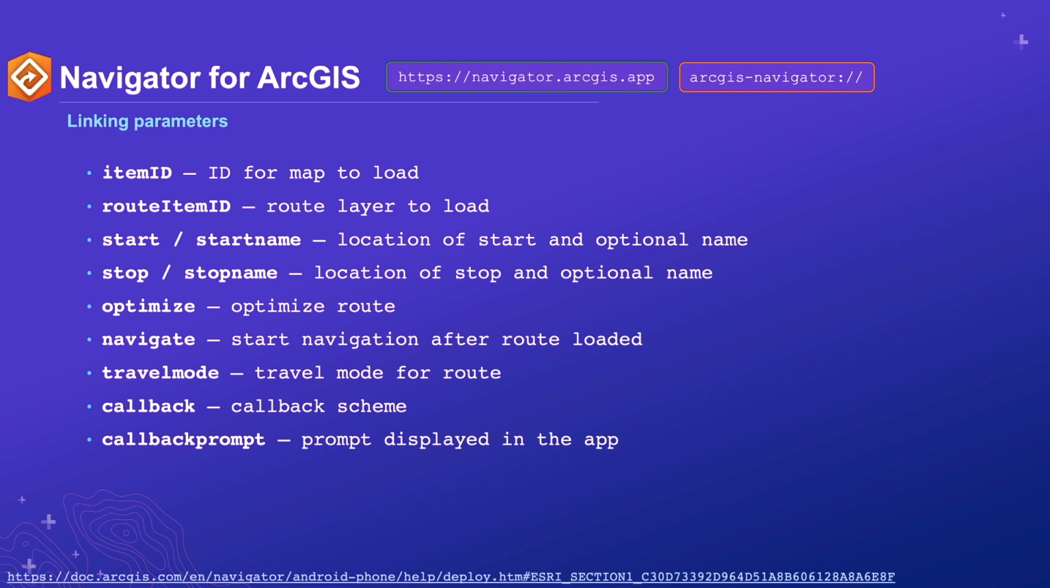If you provide the navigate parameter, it will immediately start navigation once the route is loaded in the app. You can also provide a travel mode if you want. And then you can also provide a callback and a callback prompt. And the callback and callback prompt is important because, when we link out to Navigator from apps like Explorer, for instance,